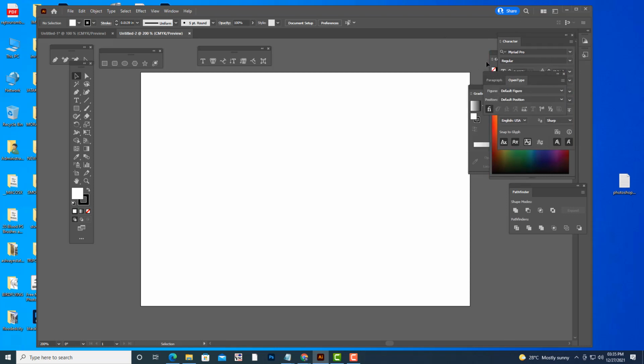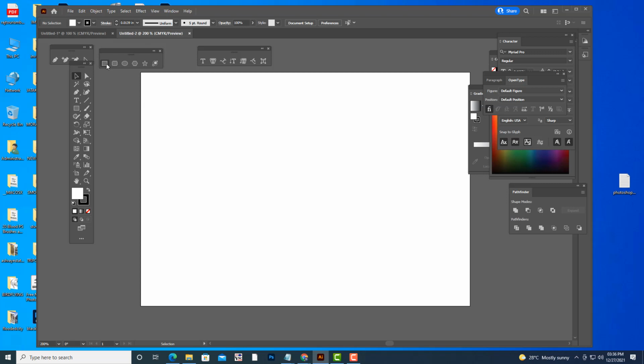You can create a shape and transform your text into that shape. Means you can convert your text to that particular shape. Let us see.